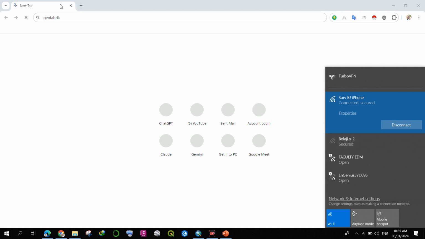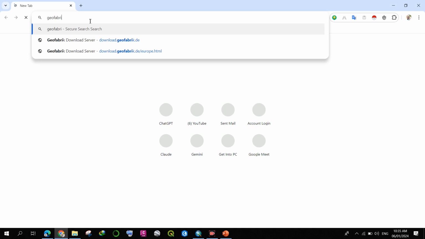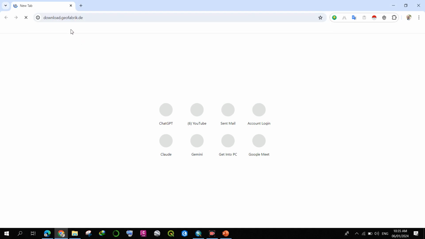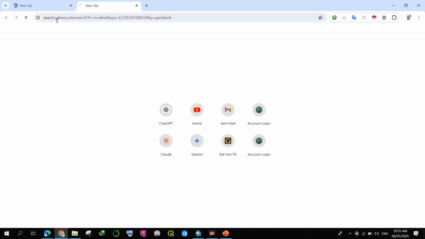Okay, right, thank God. As I'm typing, it should be showing. You get my point, sir? You can see that. But once you click on GeoFabrics, just search for GeoFabrics. Let me just search for GeoFabrics. So once you search for GeoFabrics,